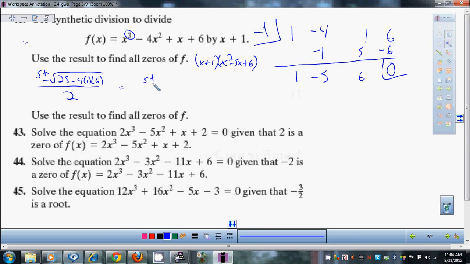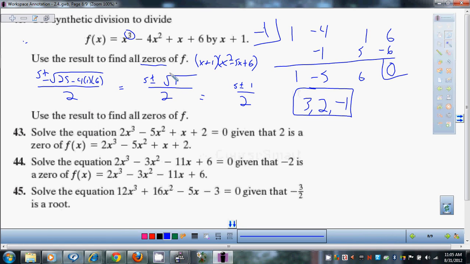That's going to be 5 plus or minus the square root of 25 minus 24, which is 1, all over 2. What's 5 plus 1 divided by 2? What's 5 minus 1 divided by 2? 2. And my third one, I've already found, was -1. Bang. You just found all three x-intercepts or zeros for that function. You divided it out synthetically, took your depressed polynomial, used the quadratic, bang, you have all three of your roots,